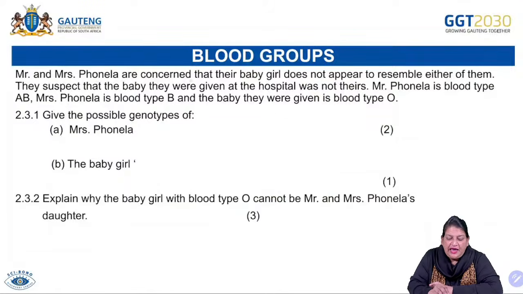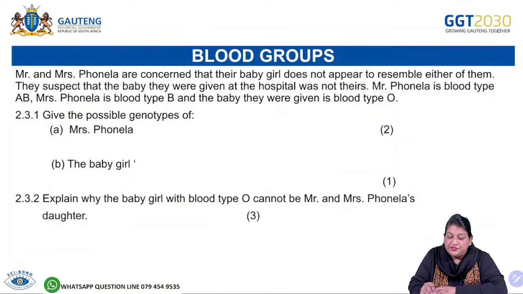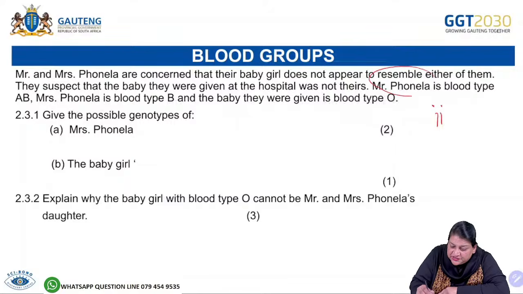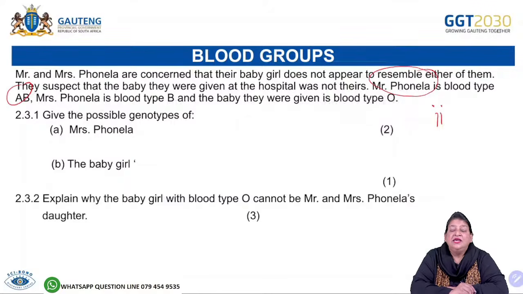Right. Now let's look at a question. Mr. and Mrs. Fonella are concerned that their baby girl does not appear to resemble either of them. They suspect that the baby given to them at the hospital was not theirs. Mr. Fonella is blood type AB and Mrs. Fonella is blood type B. And the baby they were given is blood type O. Can you see that definitely this baby is not theirs? Because for the baby to be blood type O, it means it must have two small letter i's. One i has to come from each parent. Can you see? If Mr. Fonella is blood group AB, he is not carrying the o allele,